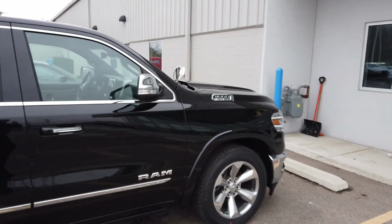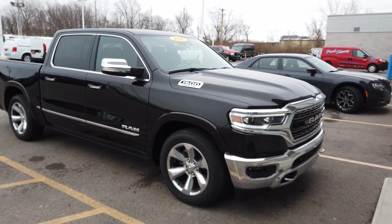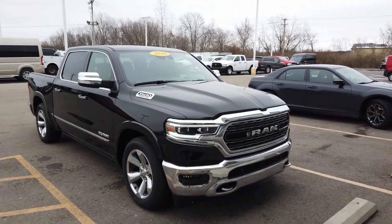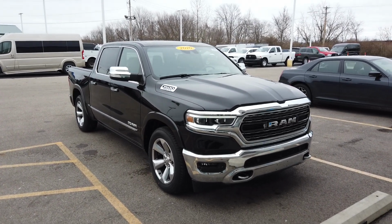This comes with a 3-year, 36,000-mile bumper-to-bumper warranty. It's powered by the Hemi 5.7-liter V8 engine. And that engine, along with the transmission and driveline, is going to be covered for 5 years or 60,000 miles. So if you made it this far, thanks for hanging with me. This is an awesome truck, a lot to see. If you spend a lot of time in a truck, this has a lot of nice features that's going to make your ride super